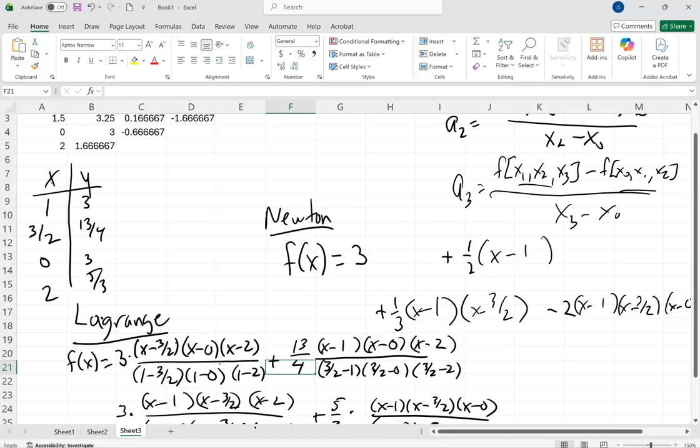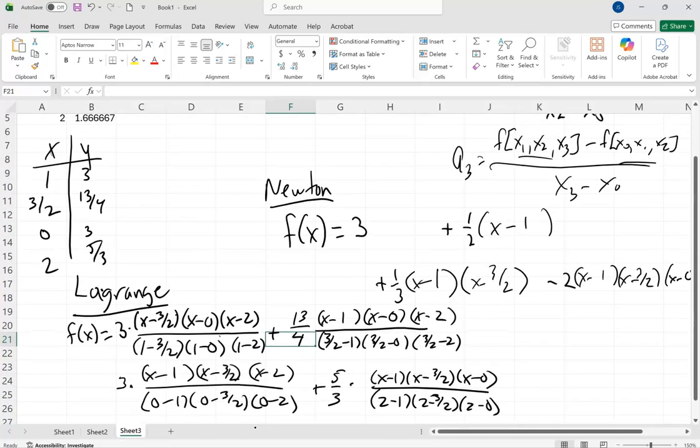Okay. Then I got a plus 3 times x minus 1 times x minus 3 halves times x minus 2 divided by negative 1 minus 3 halves minus 2. So I get 2 times negative 3 halves is a negative 3 that we're dividing by. And then finally, plus 5/3